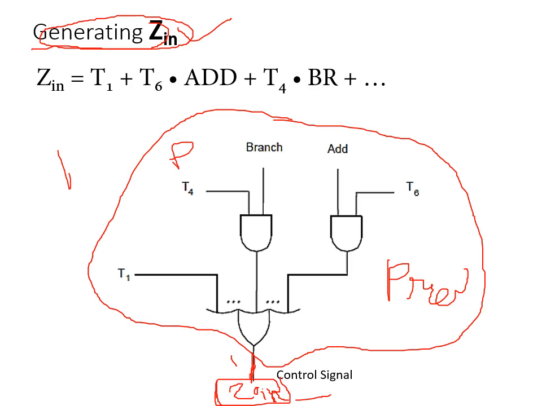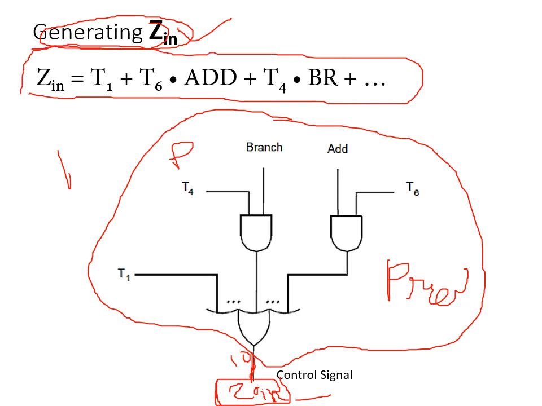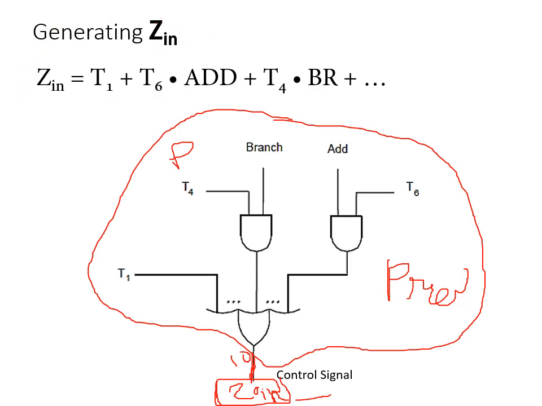So it will be either 1 or 0, based on various clock cycles. When ZIN must be executed, then it will be 1, otherwise it will be 0. So now how can this circuit be designed? We know that if you write an equation for a particular signal, then we can convert it into a circuit, right? This is what you have studied in basic logic design, or what you call analog and digital electronics.